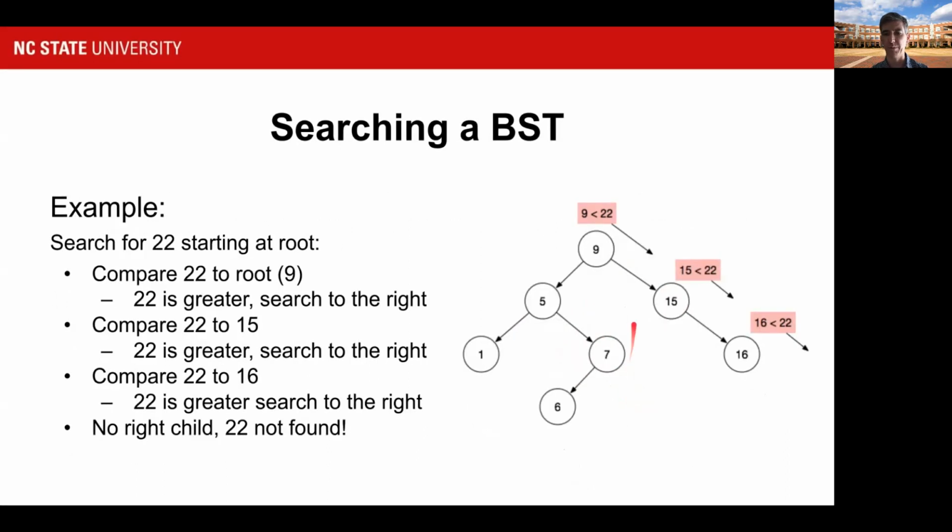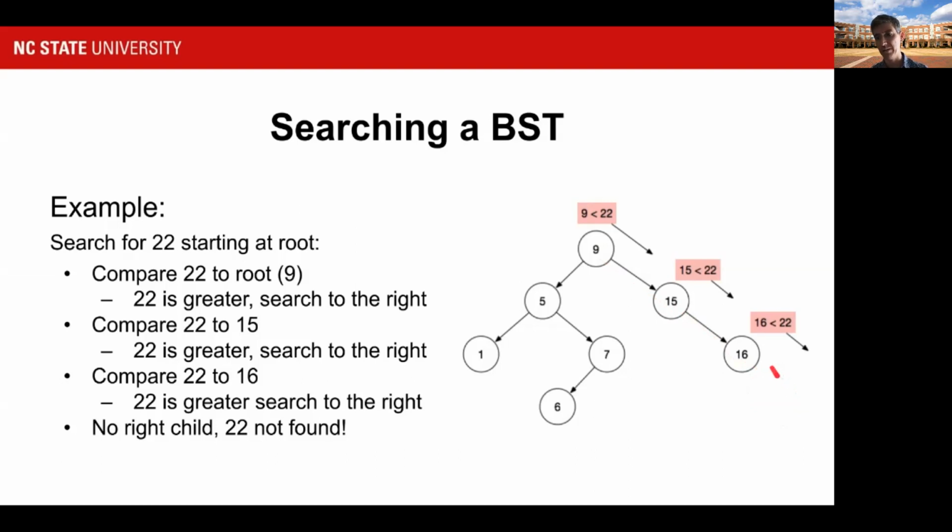Here's another example. Let's say I'm looking for 22 in the same tree. Well, since I start at the root, and since 22 is bigger than 9, I have to go to the right. And then 22 is bigger than 15, so I have to go to the right again. And then 22 is bigger than 16, so I have to go to the right again, only there's nothing down here. And since there's nothing down here, that tells me there's no value in my binary search tree that matches